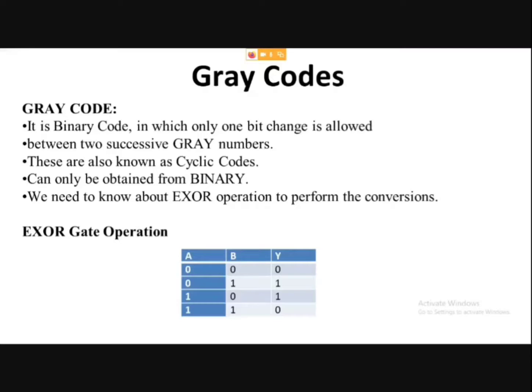And to perform the operation, we need to understand the XOR operation. So for that, I have mentioned the truth table of the XOR gate. Although we will be covering these gates separately in our topic of logic gates. In that case, you can just remember: if the inputs are the same, like here 0 and 0, both inputs are the same, so the output is low. And for 0, 1 and 1, 0, in these two cases inputs are different, so the output is high. Similarly, for 1, 1, the output is low. So you have to remember this XOR operation.